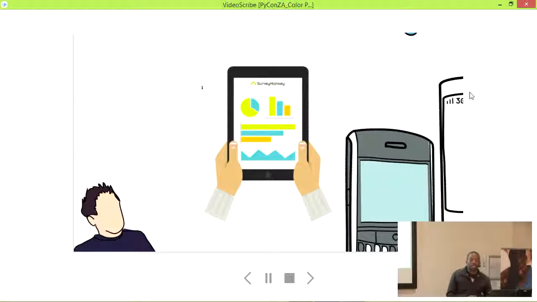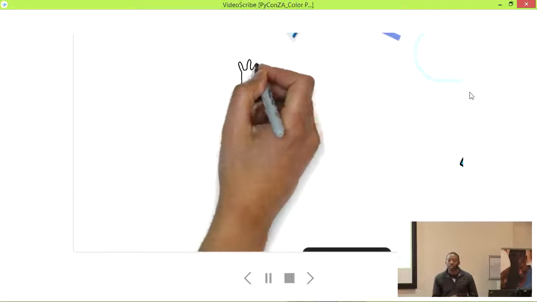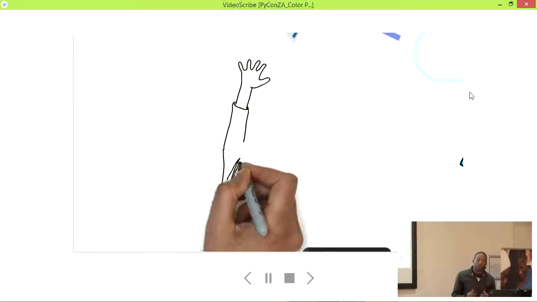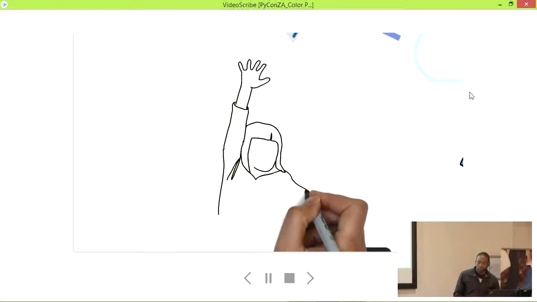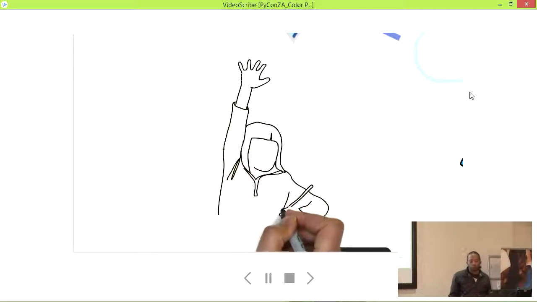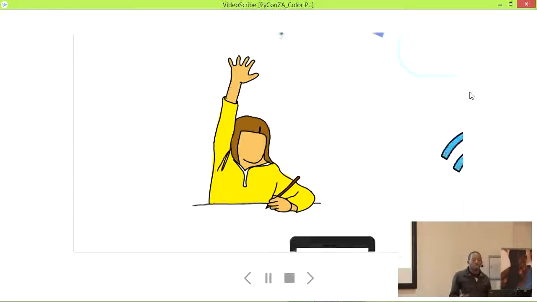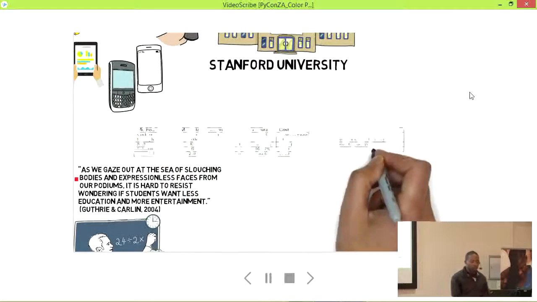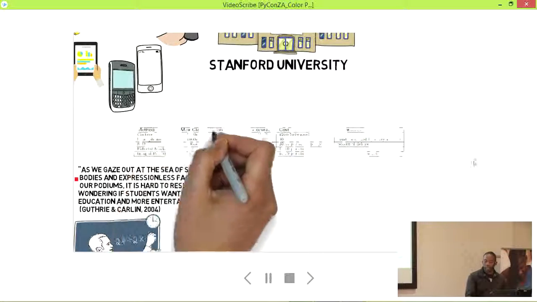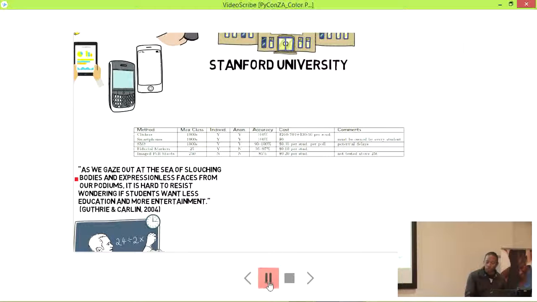Here you've also got an app that was created called SurveyMonkey. Nice app, it gives the feedback, everyone can use it. Or we can resort back to how we used to do things back in the day: raise your arm if you want to answer. But as we saw, with a large group of people, a large audience, you really don't get to that point.